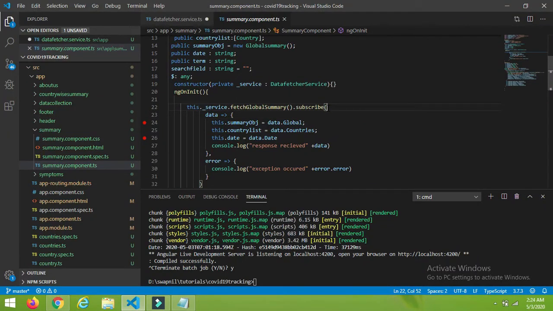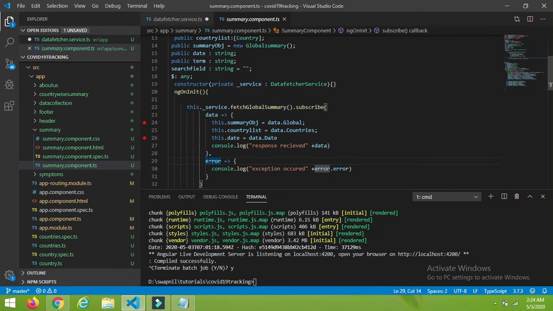To subscribe you just write dot subscribe, and within this we have two parameters, that is data and error. If everything went well and we received the response, we will get it in the data block, and if any exception occurred while fetching this data, then we will receive the response in the error block.